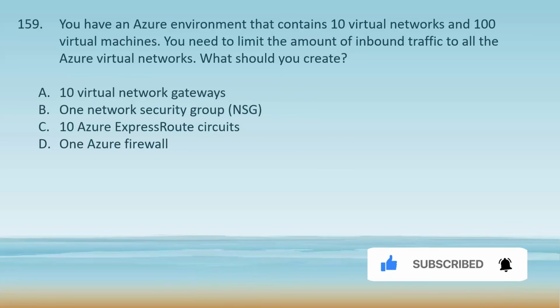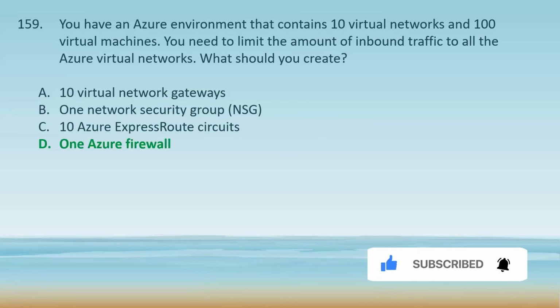Now, the third option, Azure Express Route, they are dedicated private connections between your on-premise network and Azure. They are used for providing reliable and high bandwidth connectivity, but do not specifically address the need to limit inbound traffic to virtual networks, which makes it an incorrect choice, which leaves us with only one option, that is option